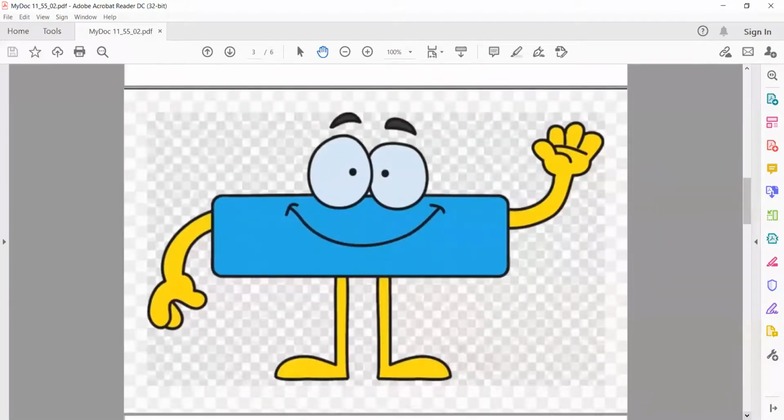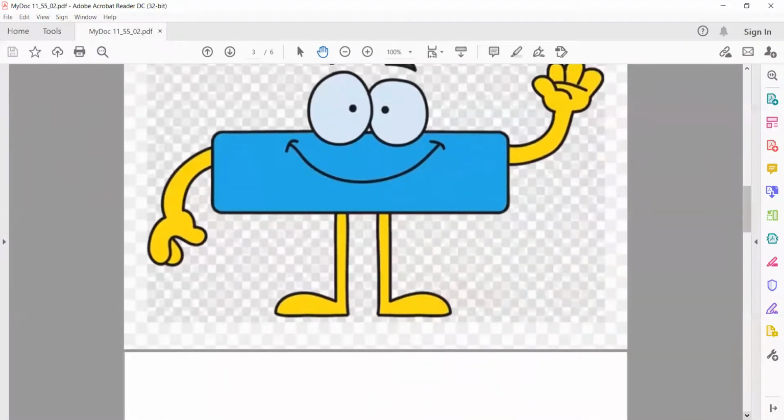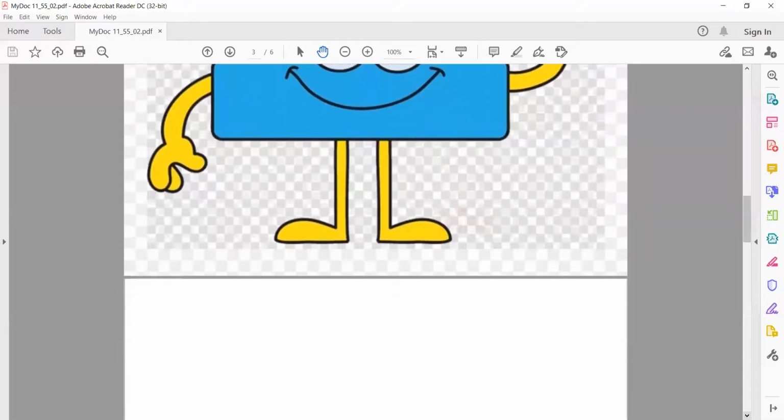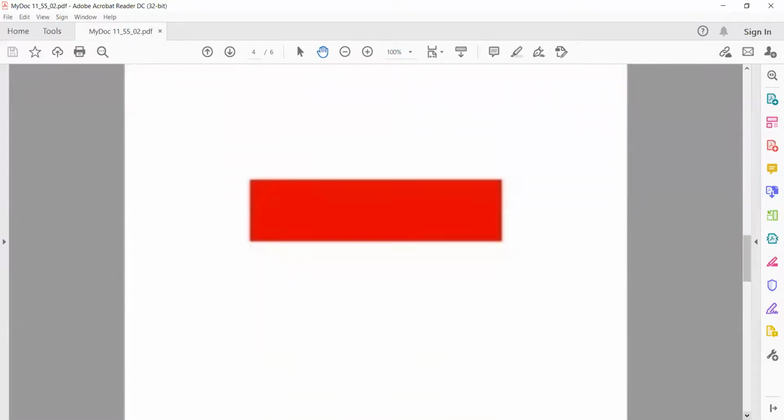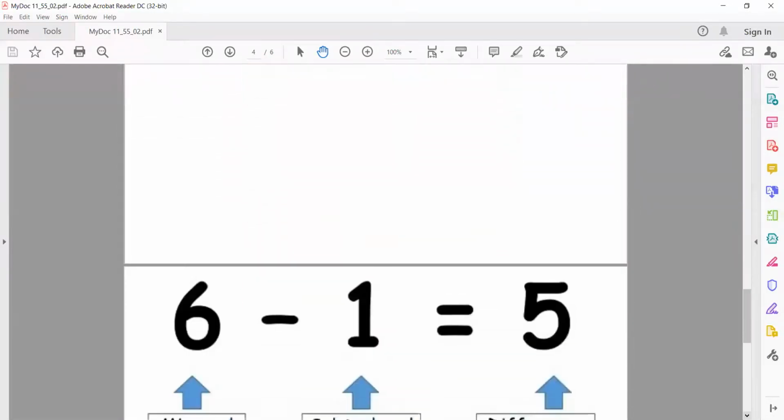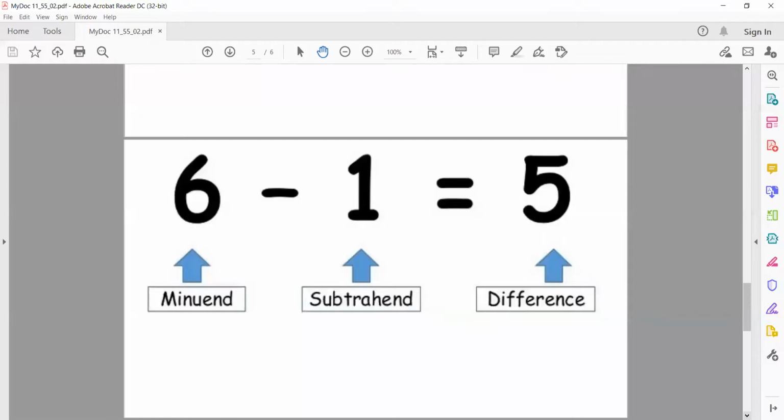So the sign of subtraction is this. Clear? ठीक है? हमारे पास जो साइन ऑफ सब्ट्रैक्शन हम यूज करते हैं वो ऐसे साइन होता है. क्लियर? हॉरिजॉन्टल लाइन. सिंपल स्मॉल हॉरिजॉन्टल लाइन. Now we are moving towards our example. If we have 6 and we are subtracting 1 from that, we are left with 5. Clear?